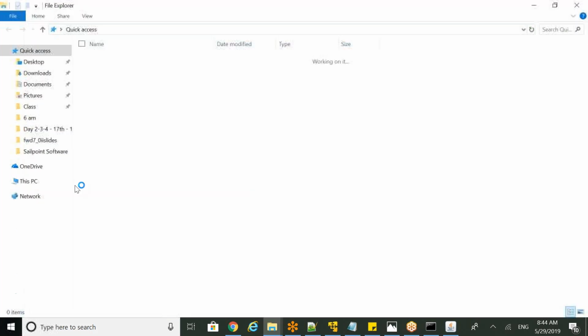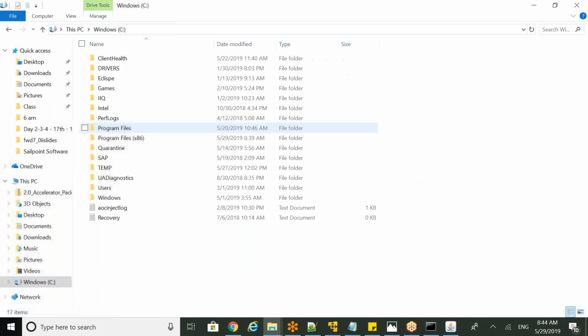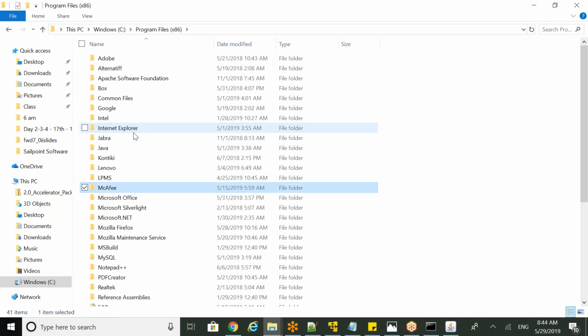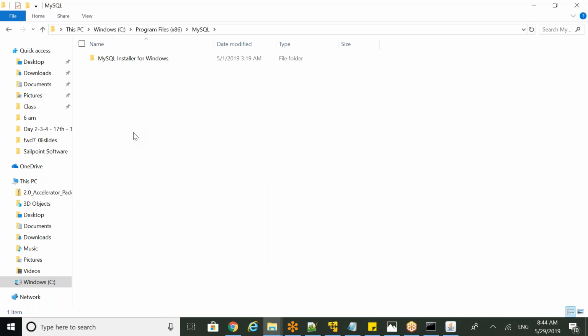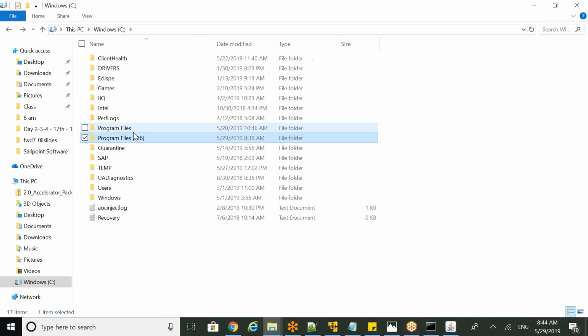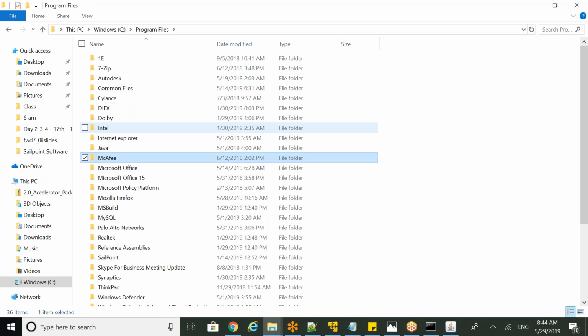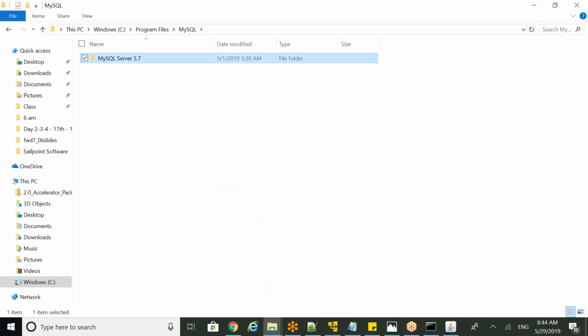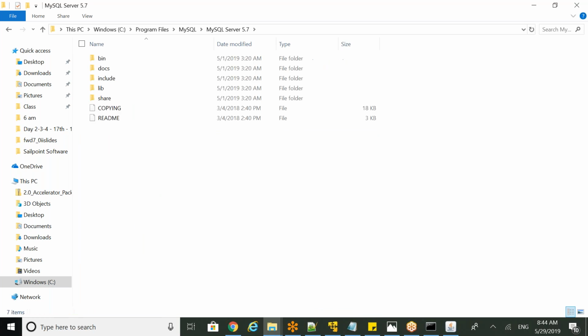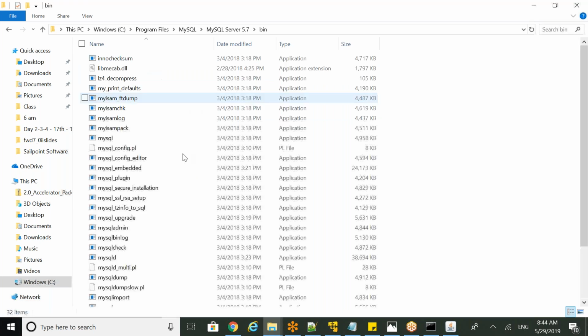Once this installation is done, you will be able to go to PC, C drive, and wherever you have kept your path, you will be able to see that a MySQL folder is created, and you will be able to see the server. Here for me it is in Program Files, MySQL, and I'm able to see my MySQL Server over here. I will go to bin, and here are my MySQL binaries located. I will copy this particular path, and I will go ahead and define my environment variables,